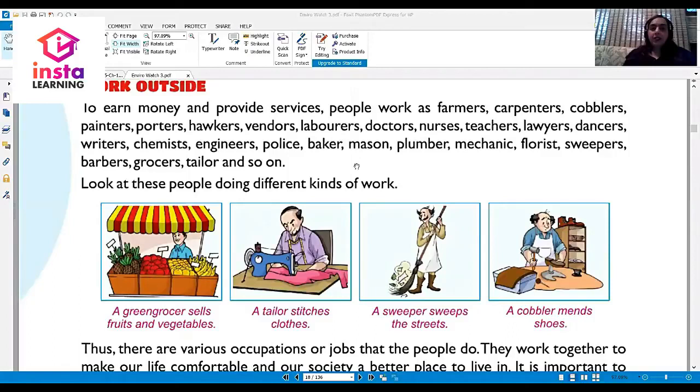Working outside. To earn money and provide services, people work in many ways. For example, as you can see on the pictures on the screen, they work as farmers, they work as